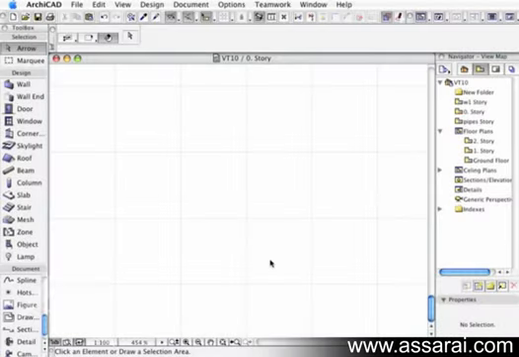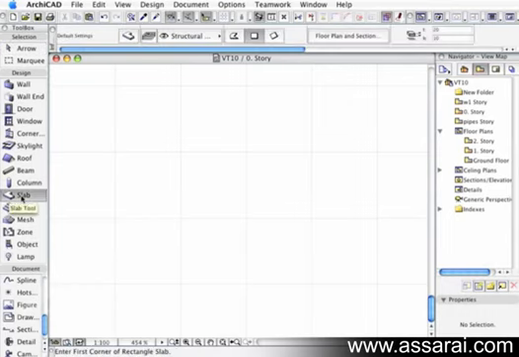ArchiCAD's got a fantastic new feature of creating custom door panels and making them part of the standard library, so we can take advantage of the extensive door interface that ArchiCAD 10 now offers. So if I draw a door leaf, I just model that out of regular ArchiCAD elements, and I model it on the floor plan. So if I start this off by